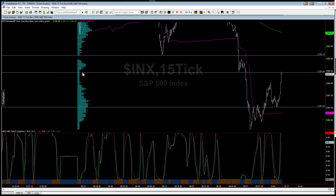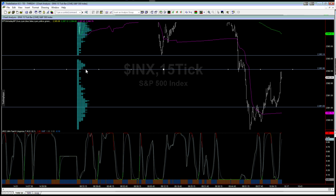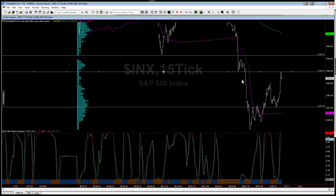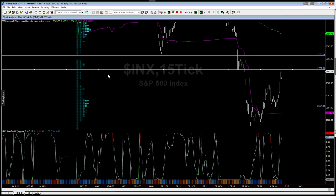Now, about in here is where it's more than likely going to turn, if not already, but it'll come in. Well, what I see happened here is it went right to there, the low right in here, and the high, but I mean, we obviously have to go higher, but